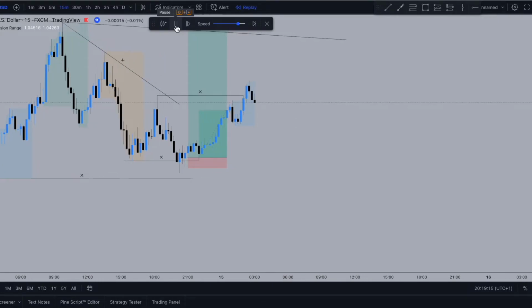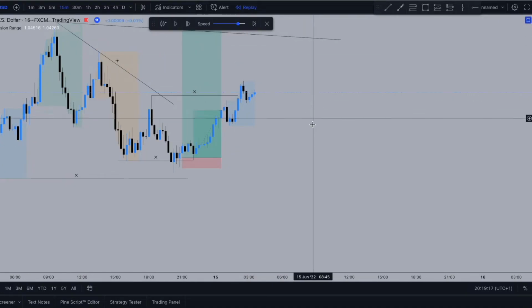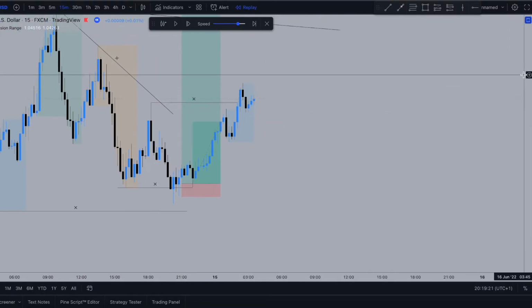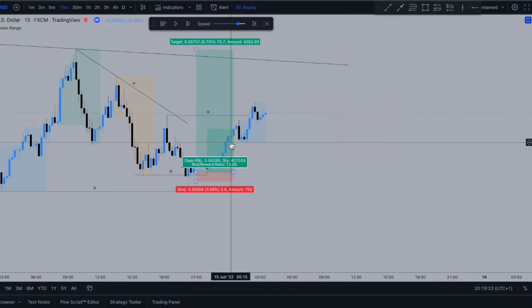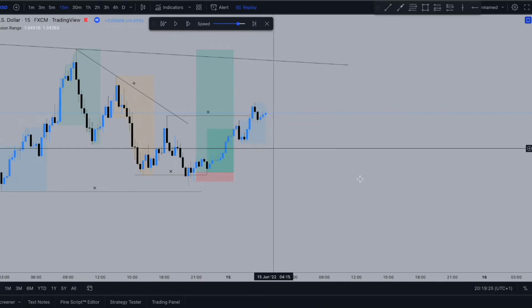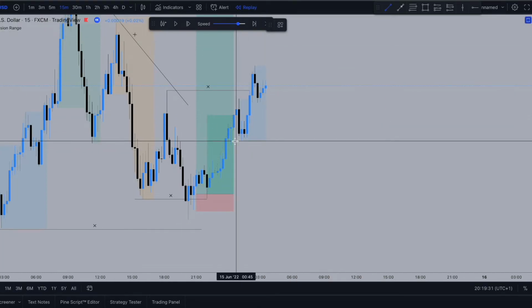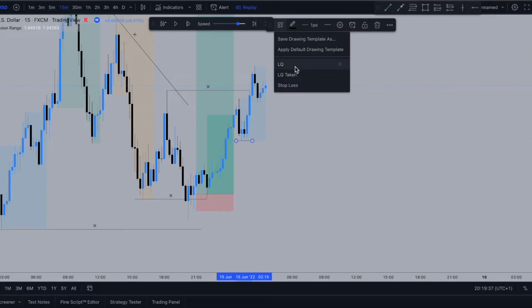Yep, and price came back up. Okay, so now the next part: where can we see liquidity in order for us to continue our buy area? So we can see liquidity is based here. The main reason for this is, as we can see, pretty much equal lows, and whenever you see equal lows, there's liquidity, and never ever place a trade when there is equal lows, never. So yeah, you can pretty much see here that there is liquidity there.